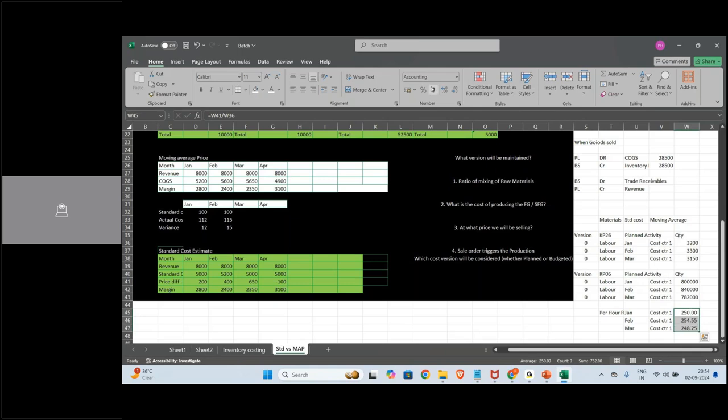Now tell me in all these questions how the version will be related. Let's just try to understand. The version has nothing to do with the ratio of mixing of raw materials because that you do in CK91 or 94 or something. You will maintain the mixing ratio. So mixing ratio of raw materials for the same raw material, it is a different thing. For example, if the mixing ratio of an import of the same raw material is 30, 70, what is the cost? It is completely a different set. It is not version dependent.